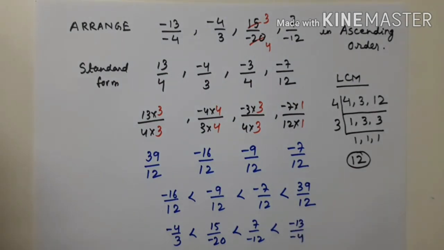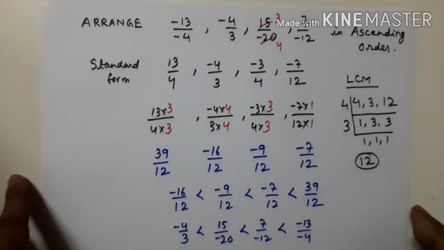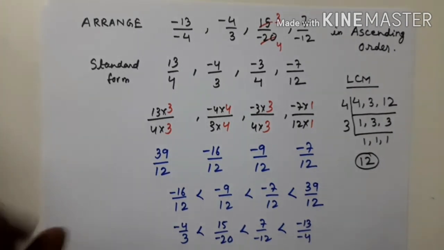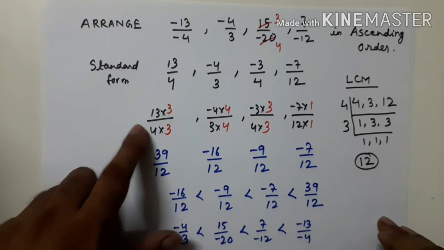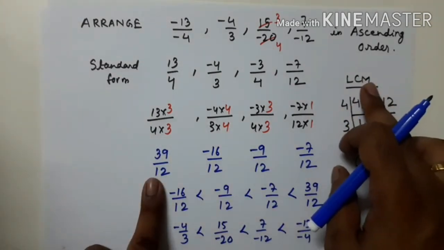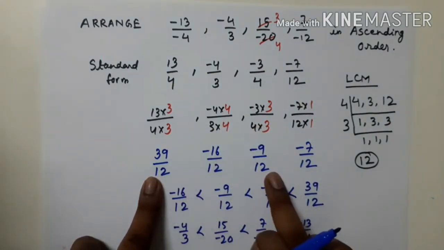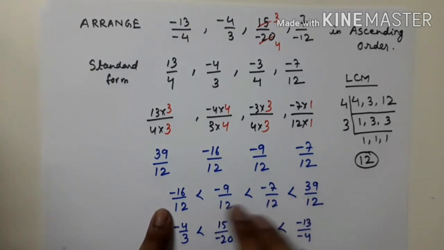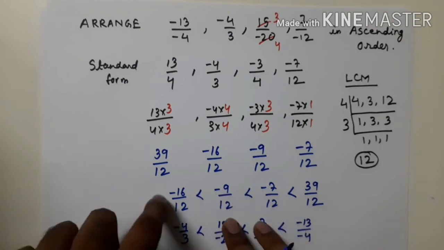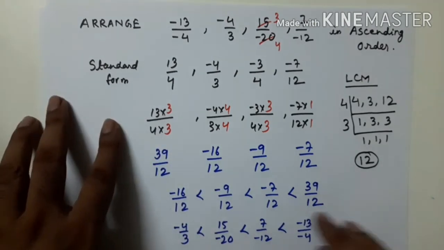So, in this way we can arrange the rational numbers in ascending order or descending order. So, only thing you have to remember, standard form and equal denominators. So, you have to first see that they are in the standard form, and then we have to see whether the denominators are equal or not. We have to make the denominators equal by taking out the LCM. After taking out the LCM, we will just use equivalent rationals, then make the denominators equal to that LCM. After that, we will just compare it as we do for integers. The same way as you do for fractions and integers. So, as we know, rational is a combination of integers and fractions. So, both the rules you have to keep in mind whenever we are comparing.